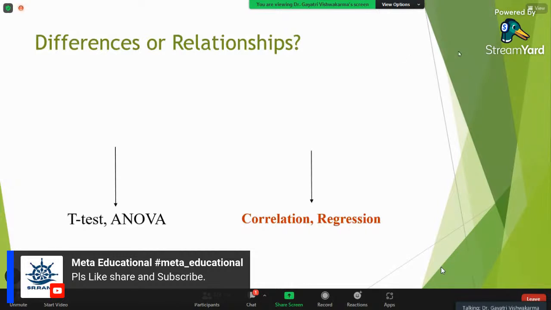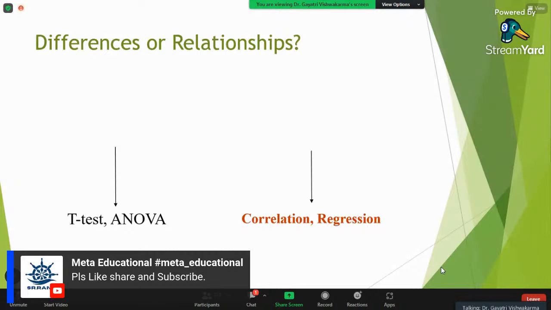So what is happening here? We have already talked about the two things, differences and relationship. If you are analyzing one variable, what is it called?